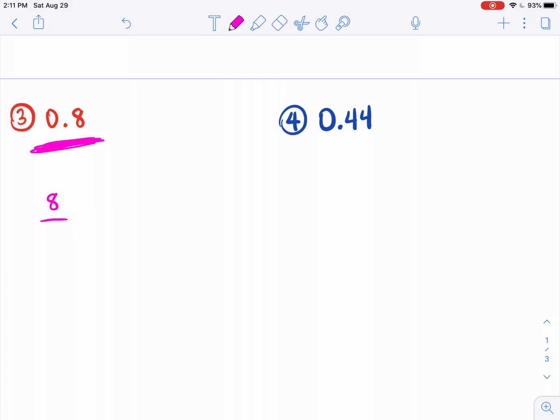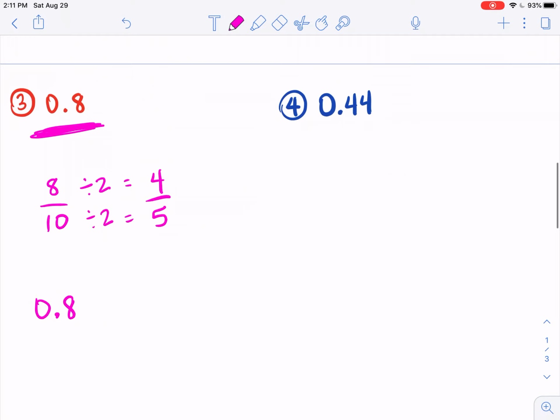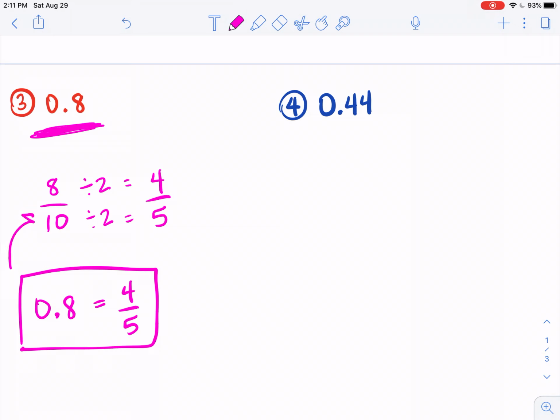8/10. But now I can simplify. Both of these are divisible by 2, so that now becomes 4/5. So what we figured out there is 8/10 as a decimal is equivalent to 4/5 as a fraction. It's also equivalent to 8/10 like a fraction there, but we want it in simplest form, and 4/5 is simplest form. All right, our next example,